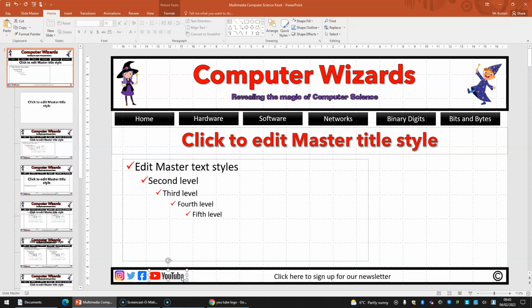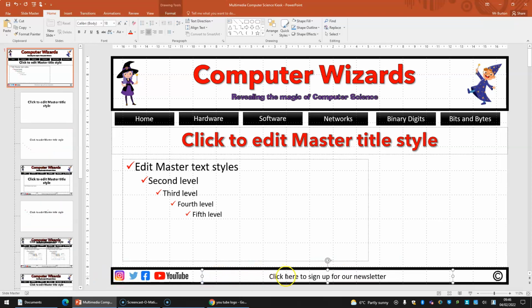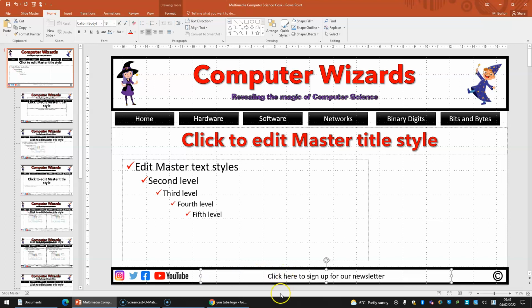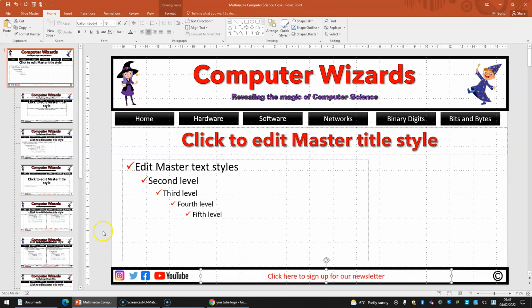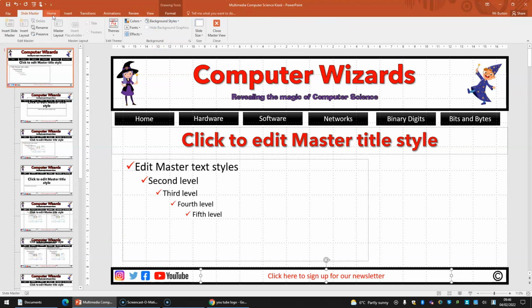I mean, if I'm not happy with the position, I might spread my social media icons out again using the arrow keys, and have this box then in a position where that looks good. I could highlight this and make it stand out by making it red, but when I start putting hyperlinks in, you'd have to start adjusting colour schemes and stuff within this software package because it might make the hyperlink blue. So once I'm happy with all of that, I go back to Slide Master